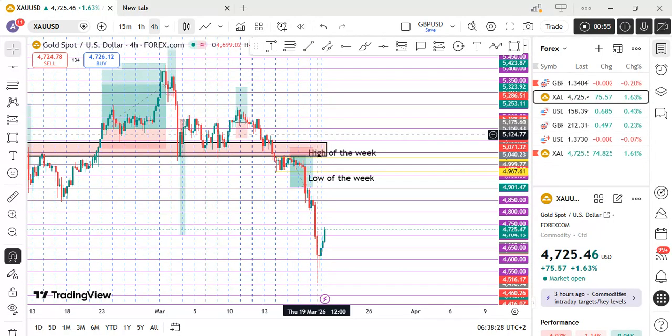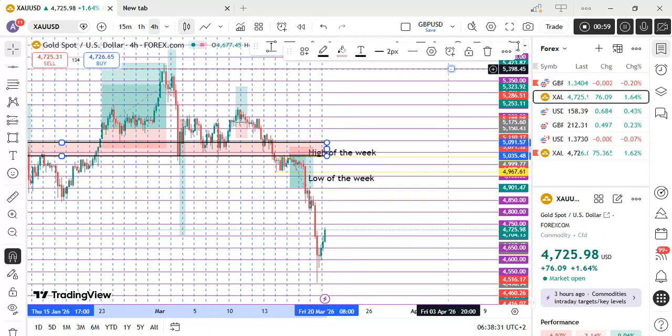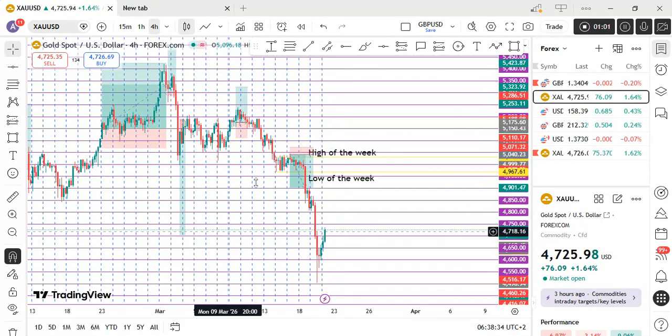In this case, we saw an MO pattern being formed from this resistance level, which gave us three over four complexes, like we always trade and how we trade. Whenever we see three of our four complexes, we do tend to take a trade. Whenever we see four over four complexes as well, we do tend to take trades.